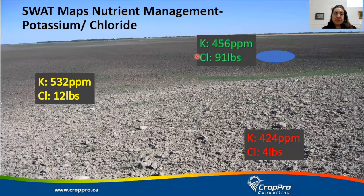Next, we have our potassium and chloride. I've put these two together because they are somewhat linked, but only because we would address both issues by applying potash. Potassium on this eroded zone 1-2 is 424 parts per million, and chloride is 4 pounds. Potassium in zone 5-6 is 532 parts per million, and chloride is 12 pounds. And then in our depression, zone 9-10, we see 456 parts per million of potassium and 91 pounds of